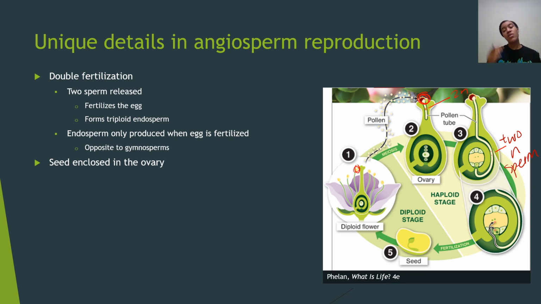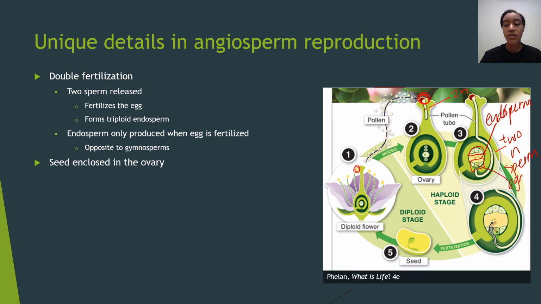Okay. So while this process is occurring and the pollen tube is being extended, the cells within the ovule are also undergoing mitosis and meiosis to give you a couple different types of cells. We have some cells that lie on our periphery. We have these two nuclei in this larger cell in the center. This will later become our endosperm after fertilization. And then we have our three cells that lie on the periphery here,